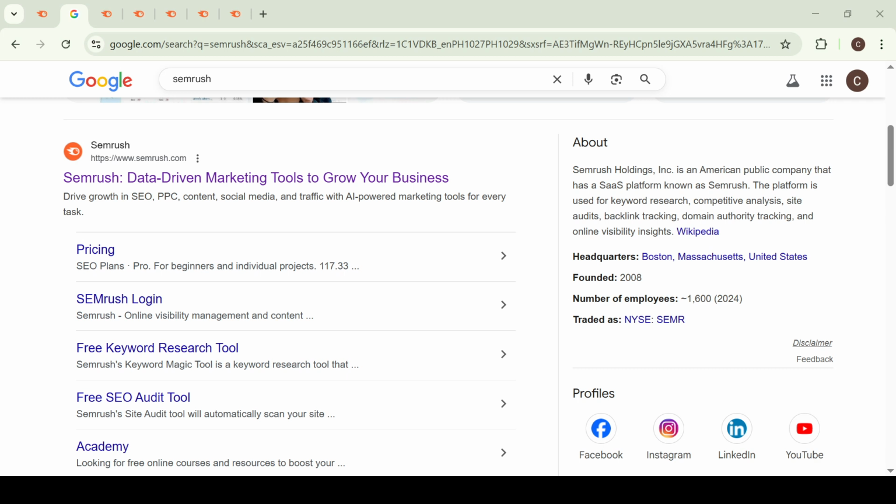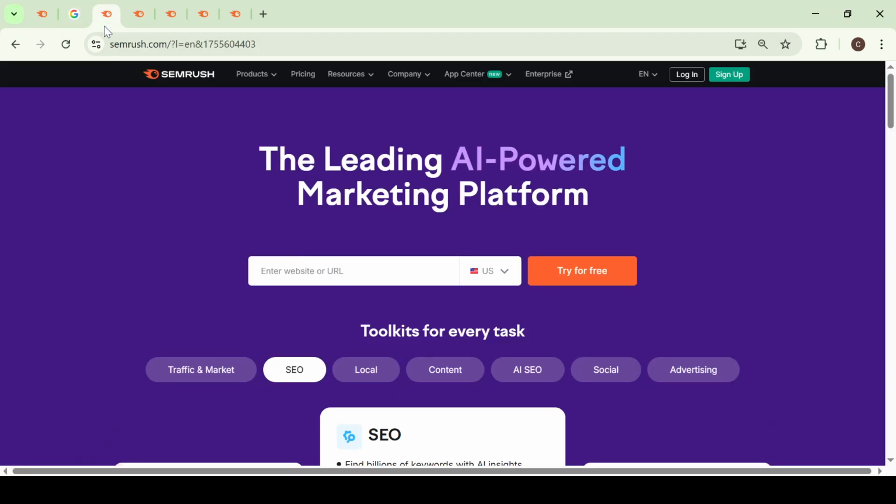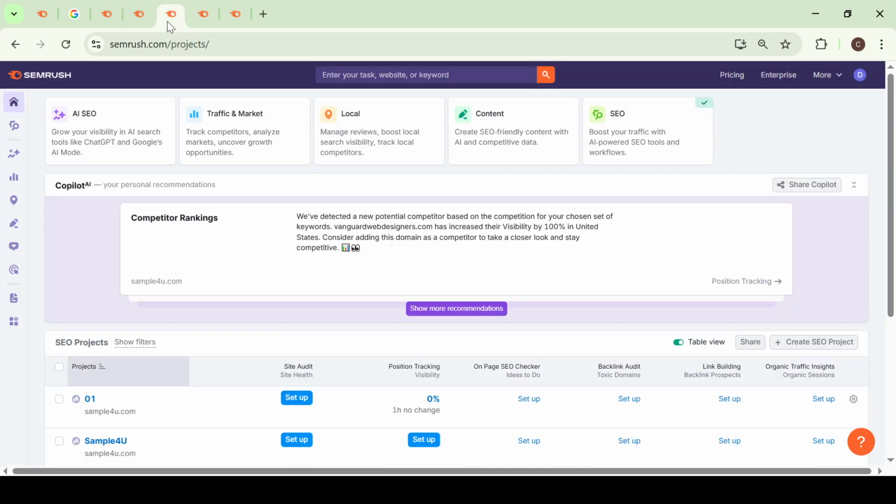Once you're inside Semrush, navigate over to the Projects section. This is where all the magic happens. Now, if you haven't set up a project for your domain yet, this is the moment to do so. Go ahead and add your domain name along with a catchy project name that will help you easily identify it